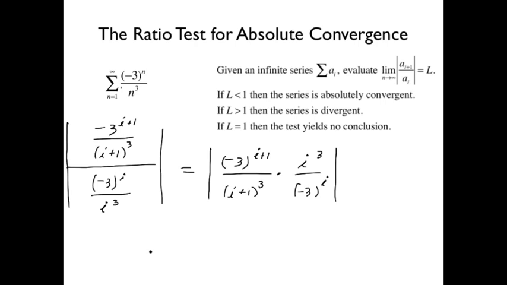Okay, and then we're kind of going to look at things that are alike and figure out what we got. So I've got what? I've got (-3) to the i plus 1 on the top, and only (-3) to the i on the bottom, which leaves me with what? You see that there's one more -3 on the top. And then what? I have i cubed here over